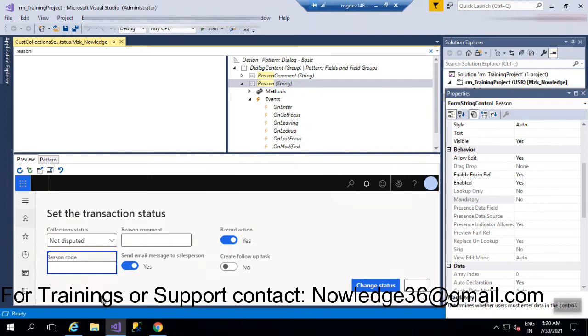Okay, fine. So when you open this form directly, you have to be able to see this is the mandatory field, right? For this particular thing, we don't have a proper mandatory field. On enter, if you are trying to enter at that time, you will be able to see it is mandatory. But when we are trying to open the form, there is no proper event for this. So that's the reason I'm going to write it using chain of commands. If you write it that way, we'll just see how the data will be reflected.